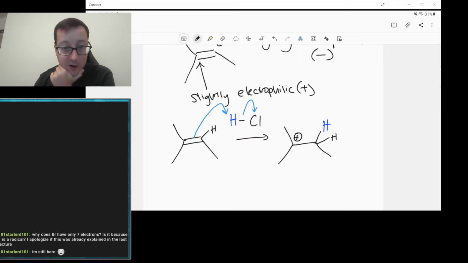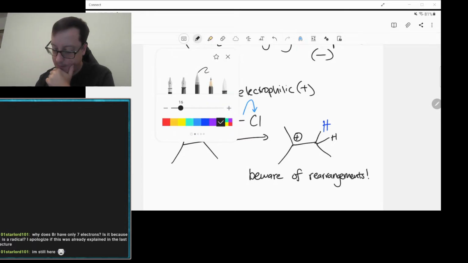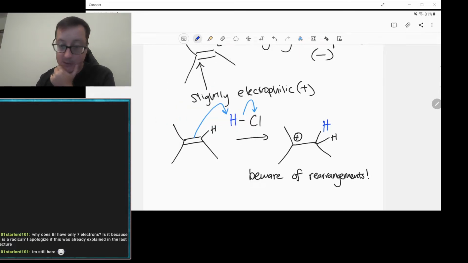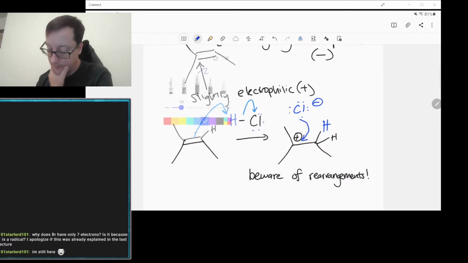Be aware, this carbocation can rearrange. As always, when carbocations are involved, beware of rearrangement. But it's already in the most stable position. So notice, by the way, that we've given 2 electrons to chlorine, so now we have chloride. And that is going to just come in and attack our positively charged carbon,